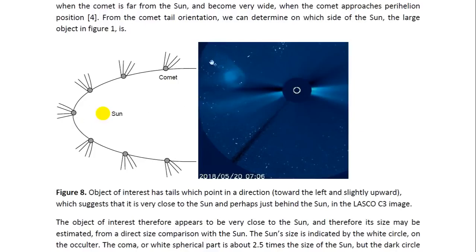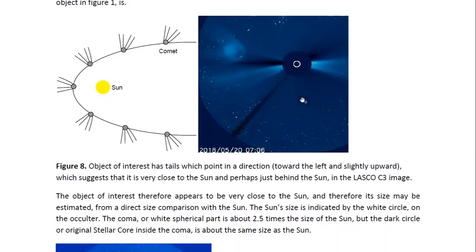So as you can see, these tails point outwards from the sun, somewhat like these ones here. So this is possibly one that points further up, so the object may be here somewhere, either slightly behind the sun or right next to the sun, as far as its perihelion position is. So this object must be very close to the sun at this moment in time, and this means that we can actually do a direct size